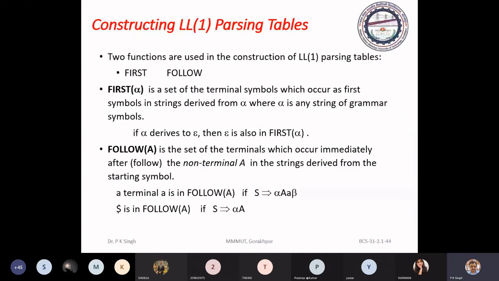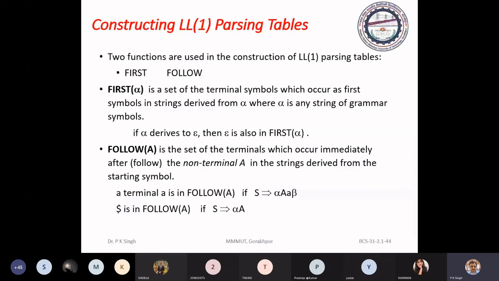Actually, it is very important as far as competitive examinations like ISRO or GATE are concerned, you will get questions from here.